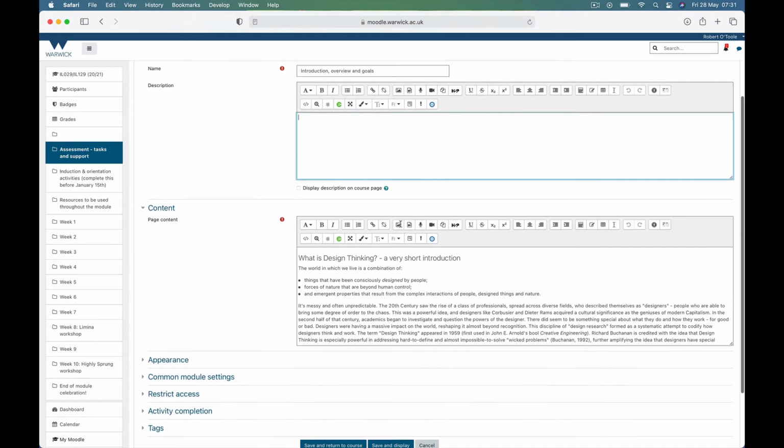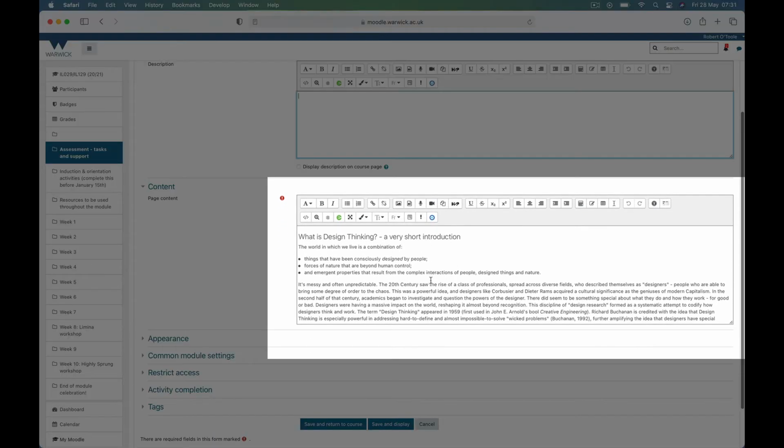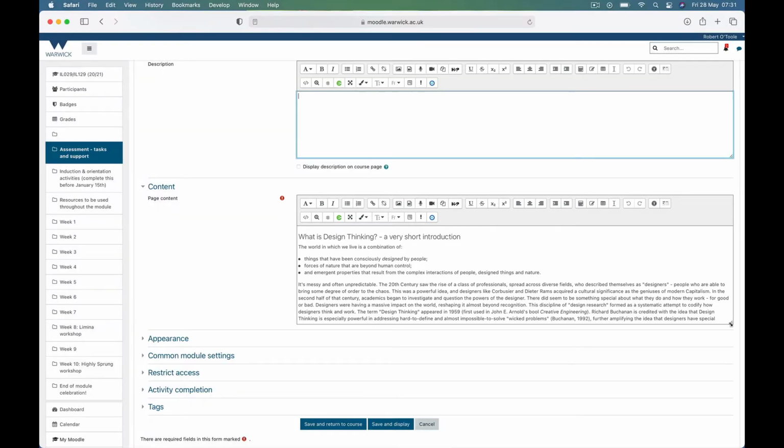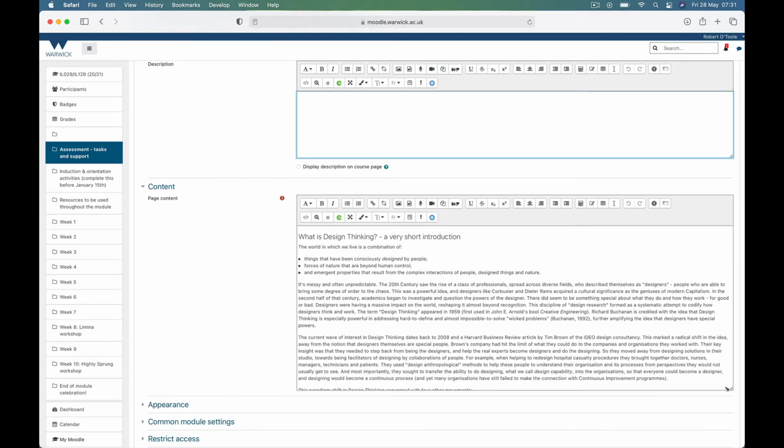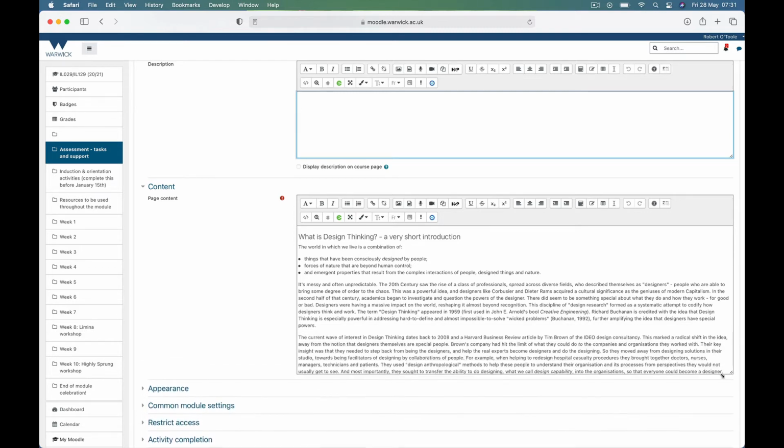All the action is taking place in this box down here, which is a kind of basic WYSIWYG editor. So you can see we've got all of the formatting tools and the ability to add images and different elements. And that's pretty much a standard Web 2 kind of editor. It's a tiny little box though, and it doesn't look much like how it's going to look for the students at the end of the day. I can drag that down and expand it, which gives a bit more